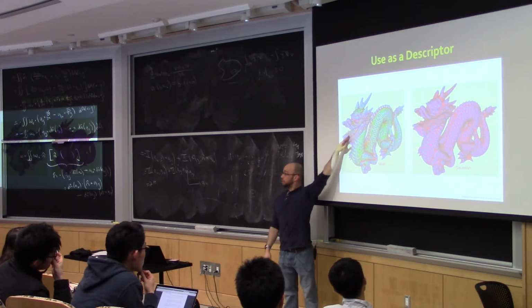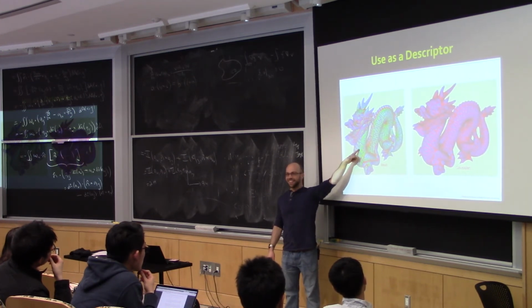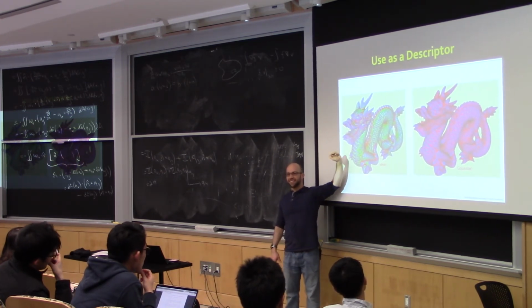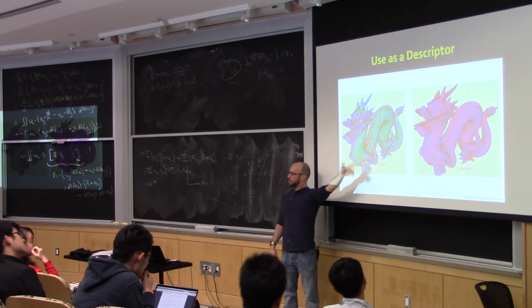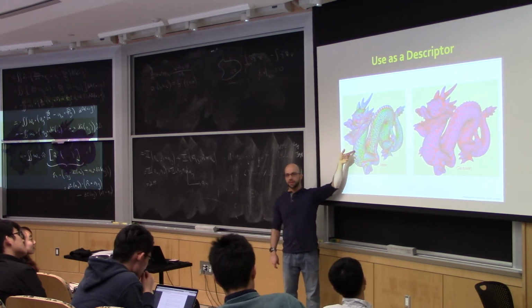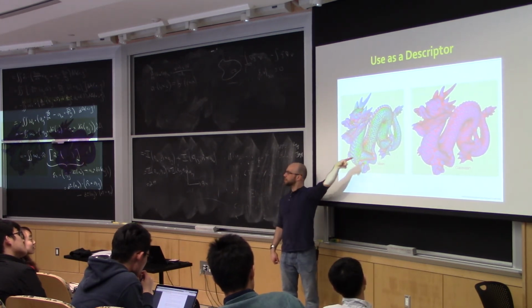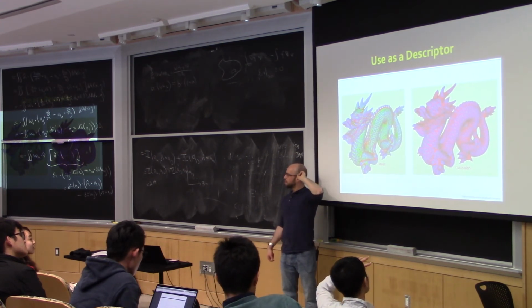Descriptor is a term that will show up in a lot of this class. This is the idea that it is describing the geometry near a point on a surface. So let's say that I have two different 3D scans of this dragon. Maybe they're just rigid motions of one another, but it's still not clear, if I choose a vertex here, where that is on the other surface, because maybe they're slightly deformed and noisy samples of one another. Well, what do I know?